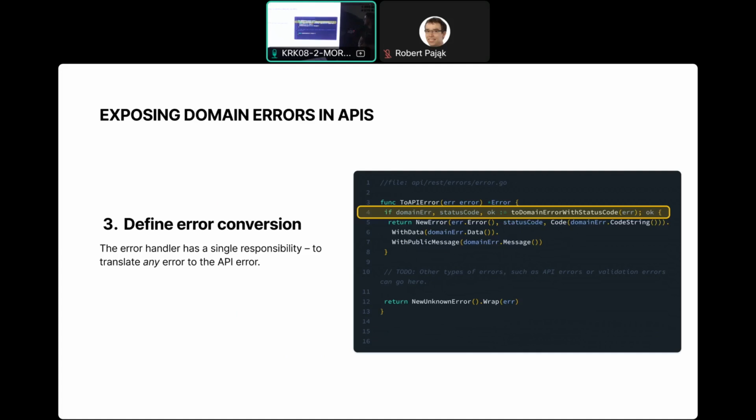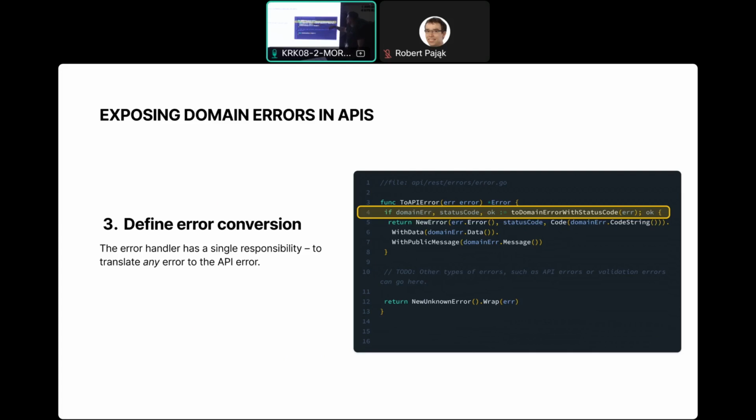Well, the conversion function itself is actually rather complicated but simple at the same time. So what we want is to actually just convert all the domain errors that happen within that function and extract from that domain error the error interface itself, the status code that we need, and that's basically it.